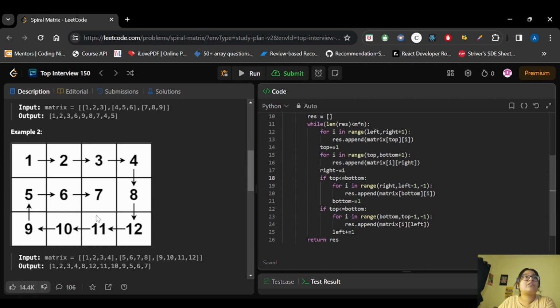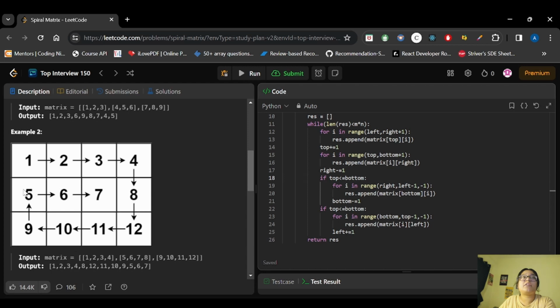How? Because this value is already printed and it will not get printed again, as the condition here is top less than or equal to bottom. The bottom here was reduced by 1, so bottom is here and top is here, right? So basically our bottom value is 1 and top value is 2.